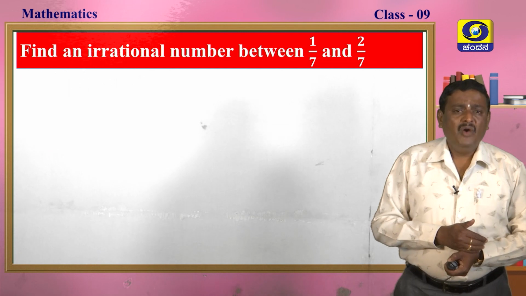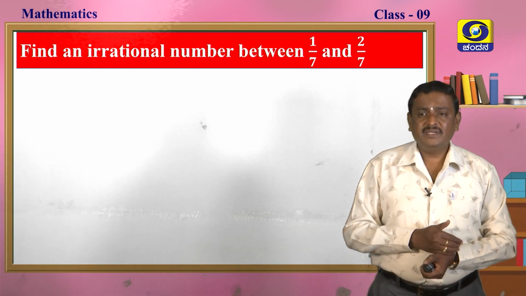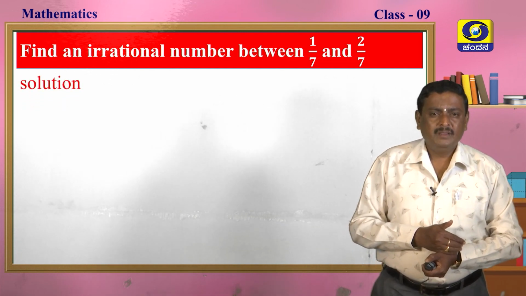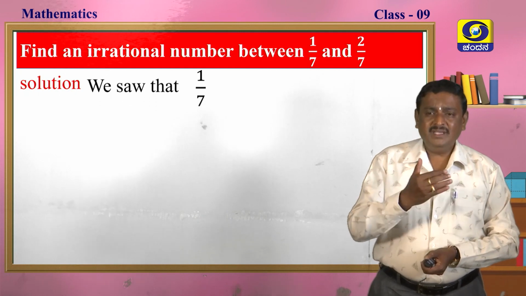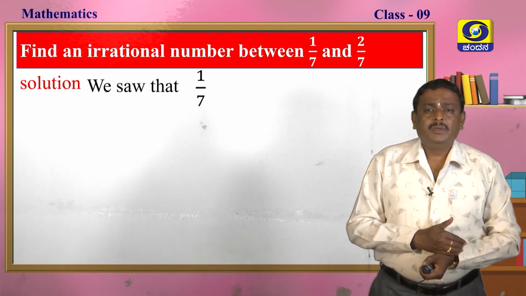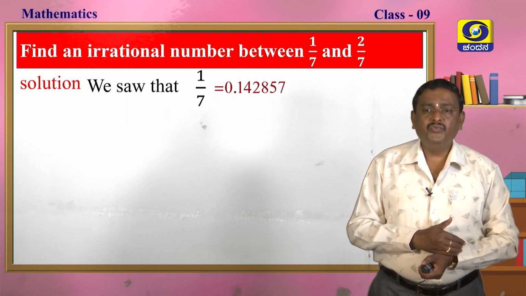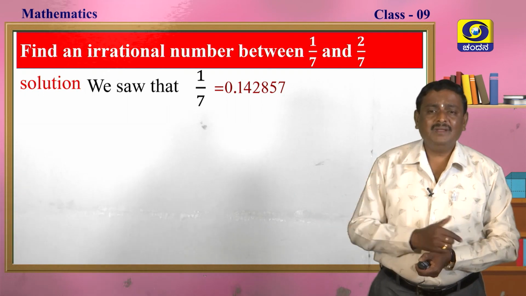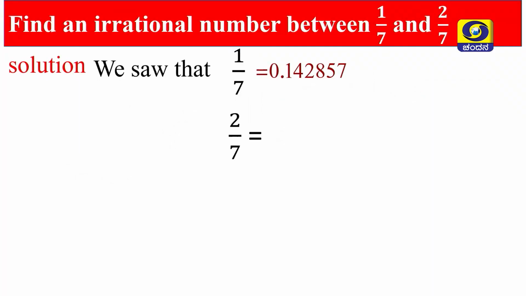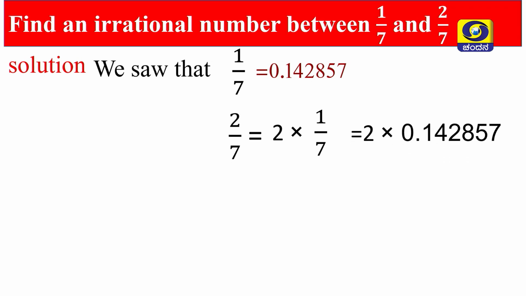Okay, my dear students, find the irrational numbers between 1 by 7 and 2 by 7. We already know the solution for 1 by 7, that is 1 by 7 is equal to 0.142857, that is a repeating block. So, 2 by 7 is equal to 2 into 1 by 7. So, 2 into 0.142857, if you multiply, we will get